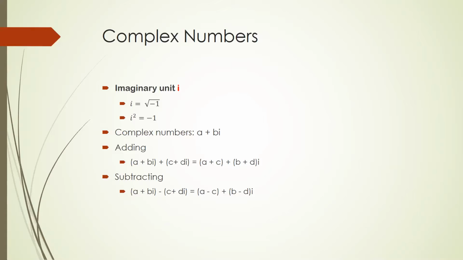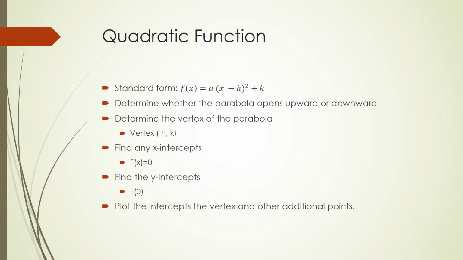And as you can see, for the subtraction, it follows a similar rule, except that in the process, you swap the negative to being for the c and the d in the second portion. So this carries on into the